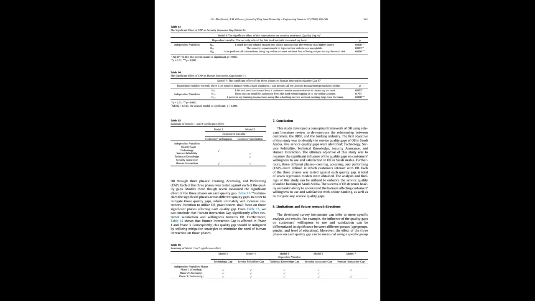You see the technical knowledge gap, for example. You will collect all the questions related to the technical knowledge gap that affected the willingness question, and here, all the creating, logging, and conducting transactions questions: how do they impact the technology gap? Which one of those phases was affected the most? You see them all high here, except for the human interaction. As we said, it's quite low in this question based on the participants.